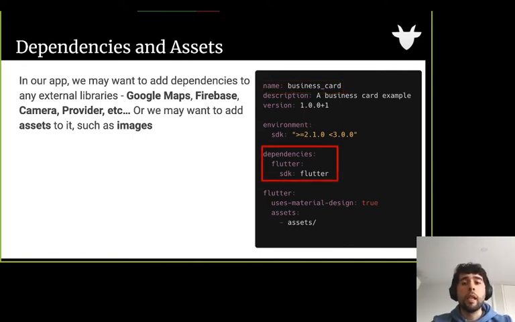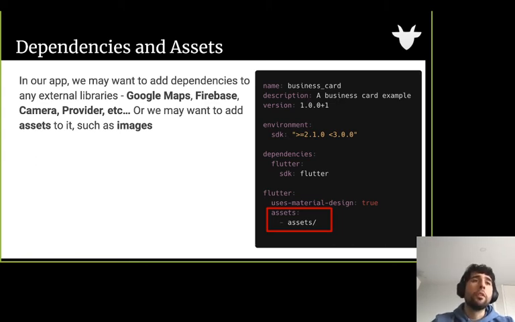In the case of the simple app, I'm just going to say that it's going to depend on Flutter, but I could put here Firebase, I could put here the URL launcher so that a user can tap on the screen and open the browser. And finally, I'm going to put here all the assets that my app is going to use. So if my app uses a set of images, for example, I will put them in the project in the folder called assets, or whatever I want. And then I will declare in the pubspec YAML, hey, I'm going to use some assets, so please load them all from the X folder.